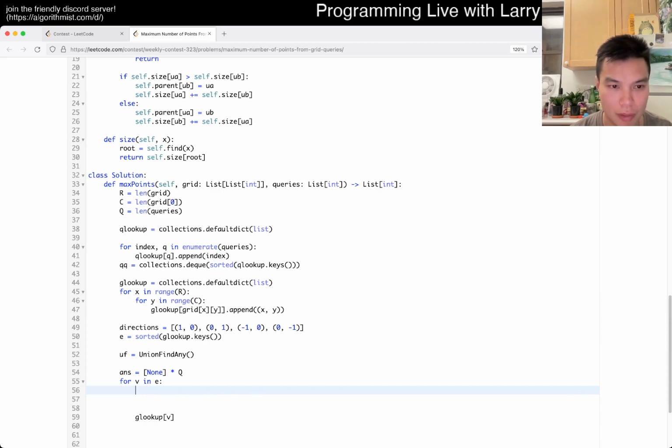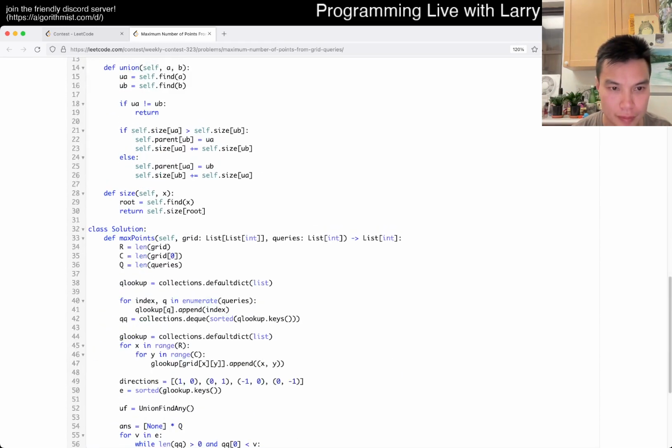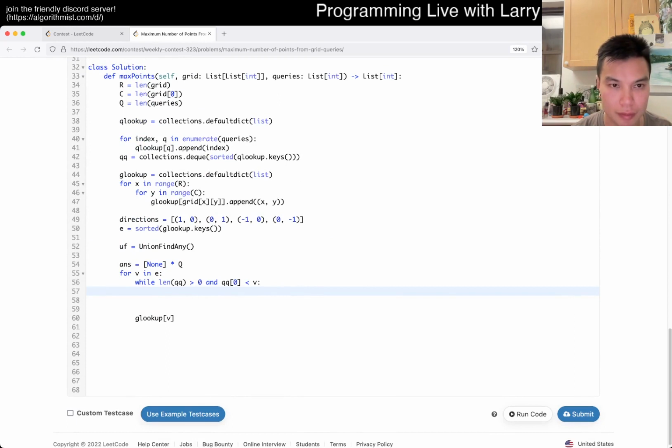Okay, fine. While the thing for QQ is greater than 0 and QQ 0 is less than V, then yeah, then we just go. So then QQ of, because I don't even need to do it this way actually, to be honest. I can just